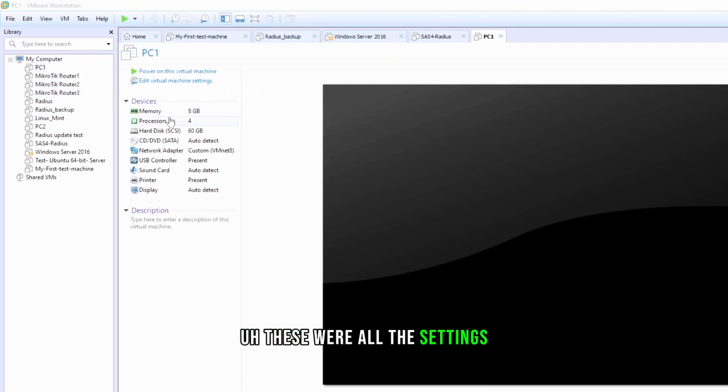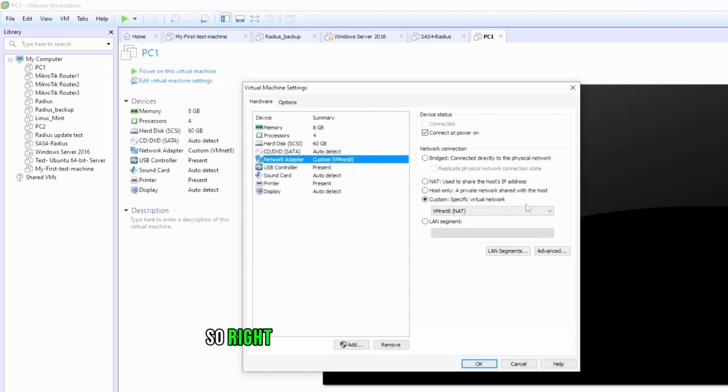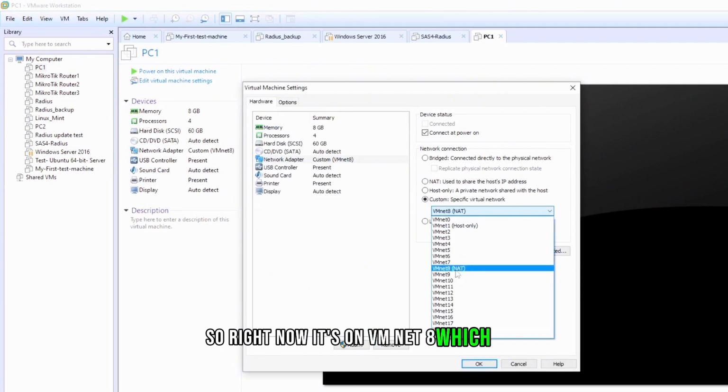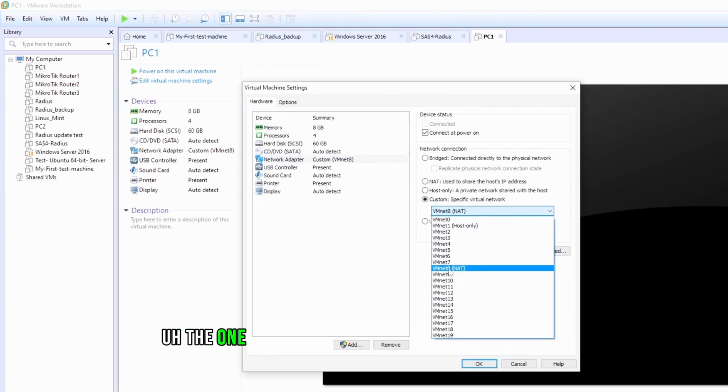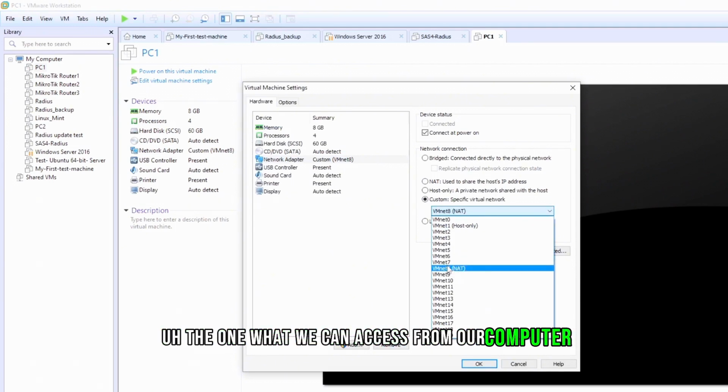These were all the settings. That's how you change the setting, but now we're going to test. So for this one, edit virtual machine setting. Right now it's on VMnet 8, which is the one we can access from our computer, and